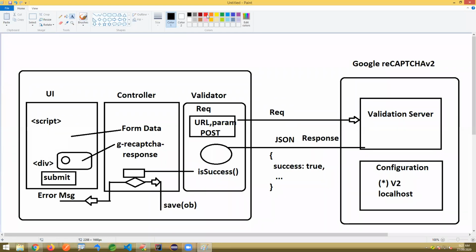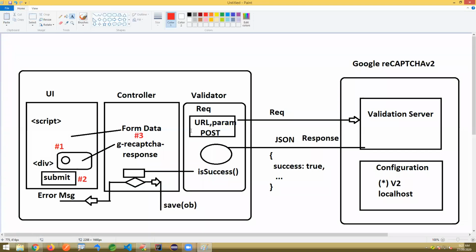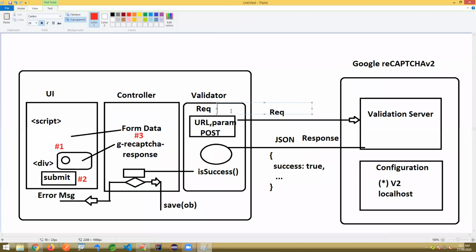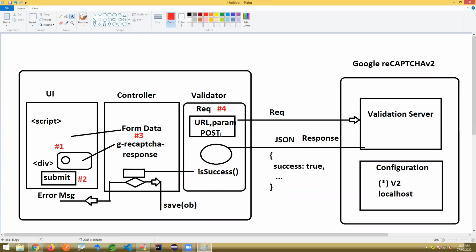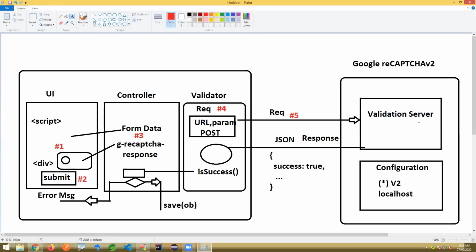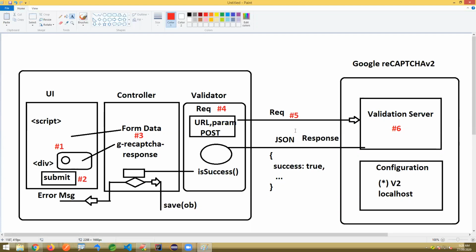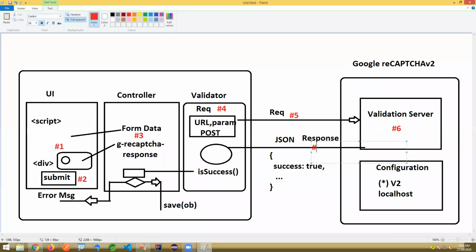If we just want to see the execution flow: one, you do validation here and click on submit. That will read the form data and also the g-response here. Then we are going to the validator. Four, it will go to the validator and prepare the request and all. Make a request here. Five, that will go to the validation server. Six, it will take the help of the configuration. Seven, it is going to return the response here.